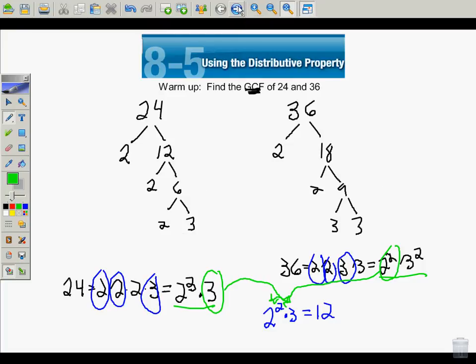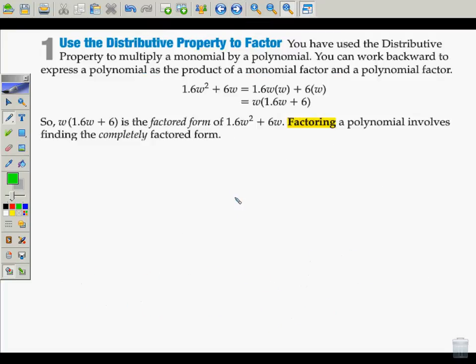And what we're going to do, we're going to use our distributive property to factor, and we're going to work backwards to express a polynomial, remember, more than one term, as the product of a monomial factor and a polynomial factor. So for example, we've got 1.6w squared plus 6w. And if you think of 1.6w squared as 1.6w times w, plus 6 times w,